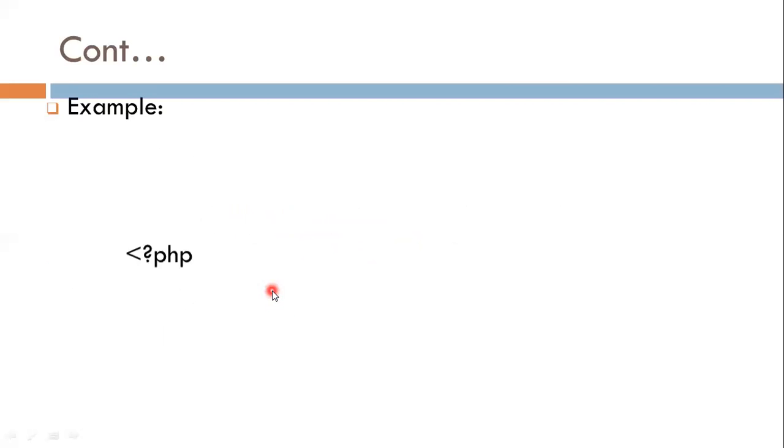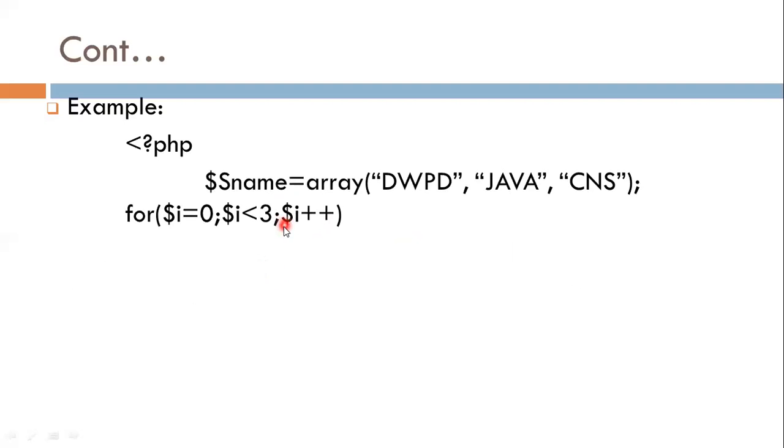Now fourth example. Here I declare the same array, subject $sname, equal to array DWPD, Java and CNS. Same here, index value starts from 0, 1 for Java and 2 for CNS.